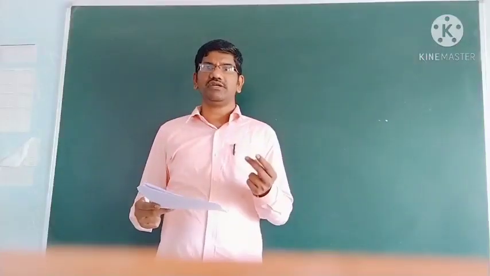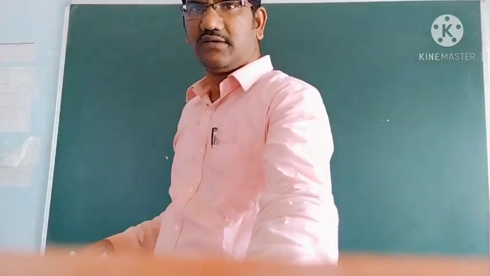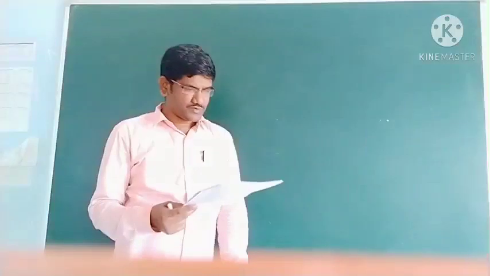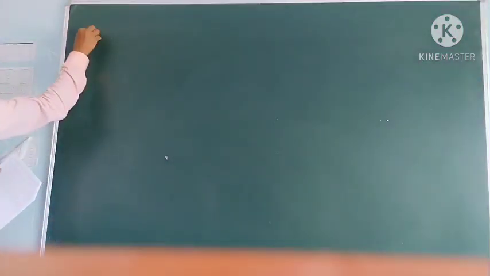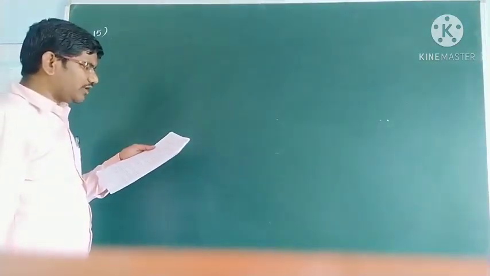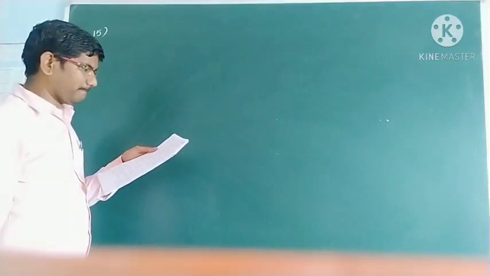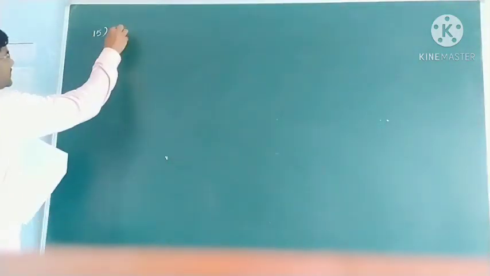Free fall equations, rest of the problems we can discuss ourselves. So now problem number 15 you see, students. 15. A freely falling body acquires a velocity v when it falls through a height h. Okay, students, it's a freely falling body.